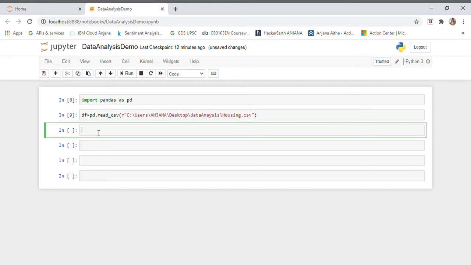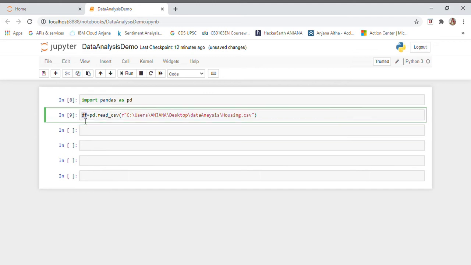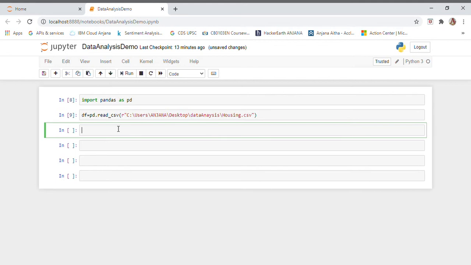So what we have done in the first step, we have imported pandas, and then in the next step we are trying to read our CSV file that is there in our local machine and storing it in a variable called df, which is data frame. I am giving r because it takes errors like slash and all. If you don't specify, it will give us errors. So let us just check if the data got saved